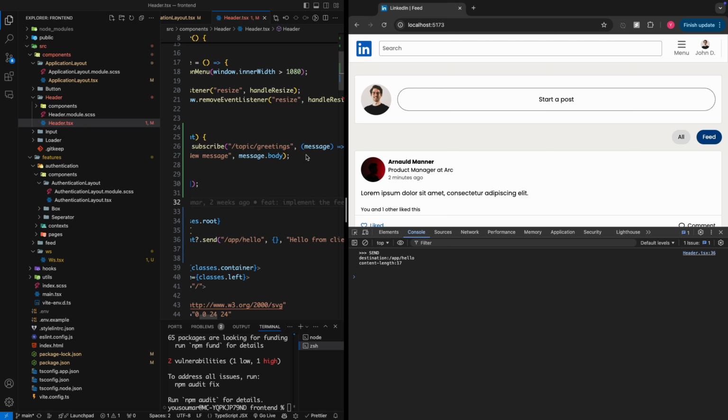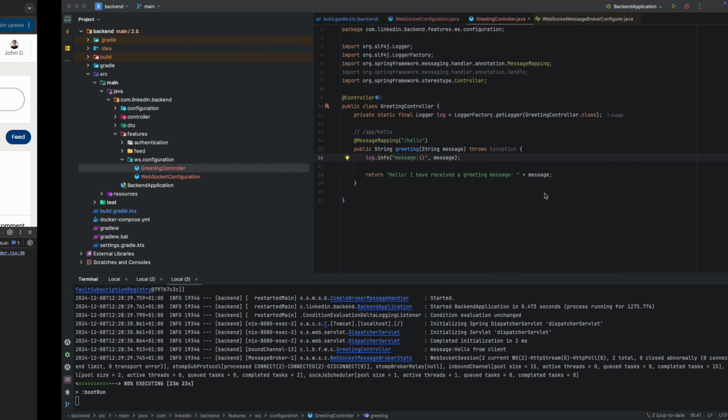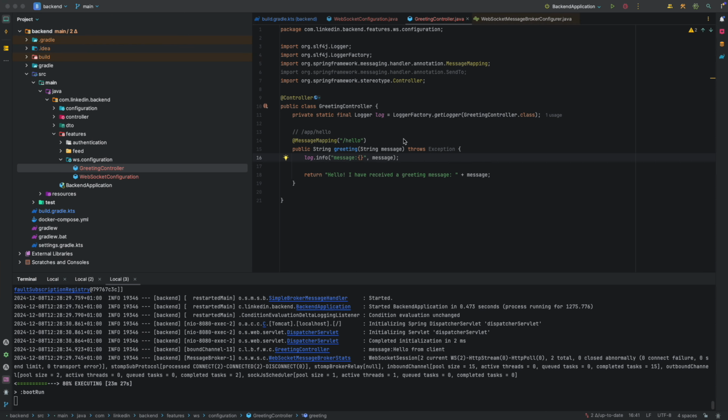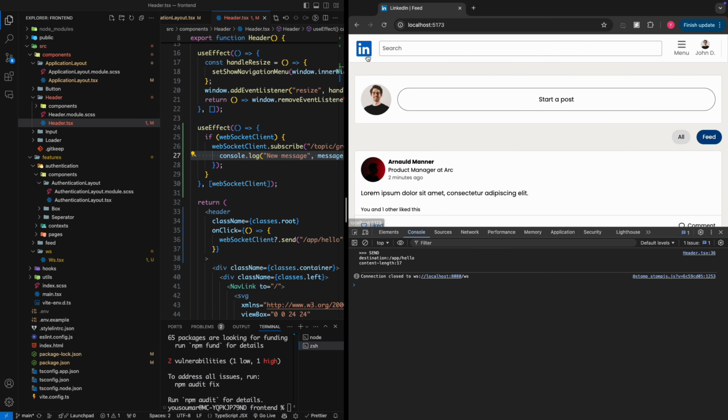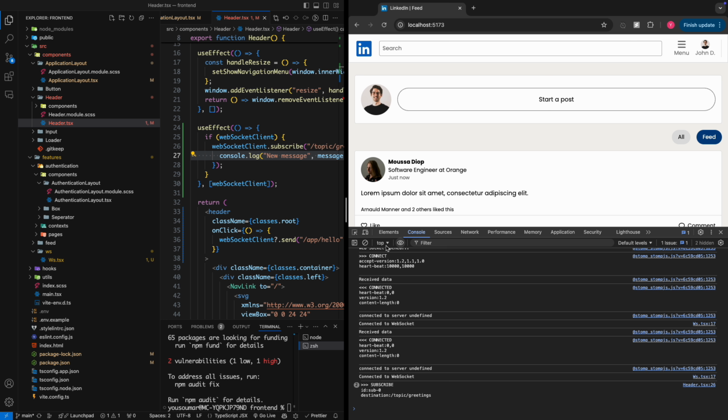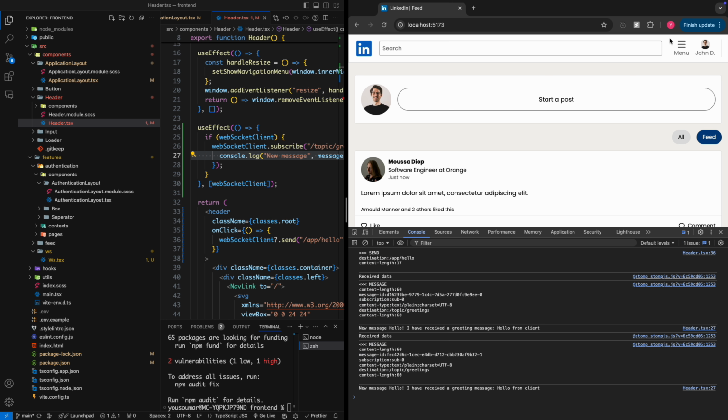The client is not logging this message because I actually accidentally removed the send to annotation here. So it should send to topic to greetings. Save. Now let me come back, and if I click again, as you can see,